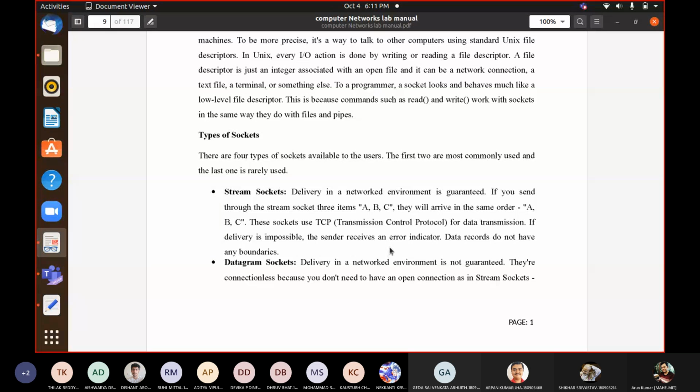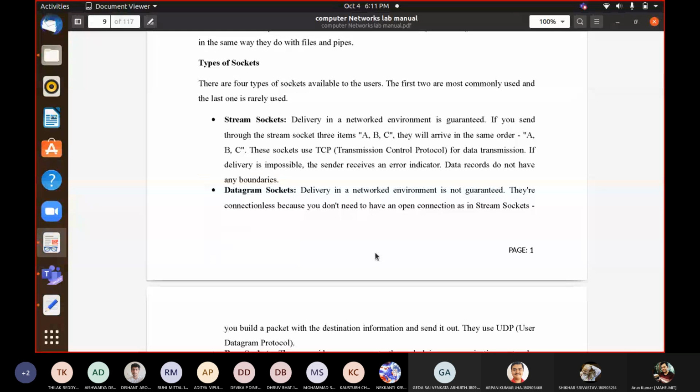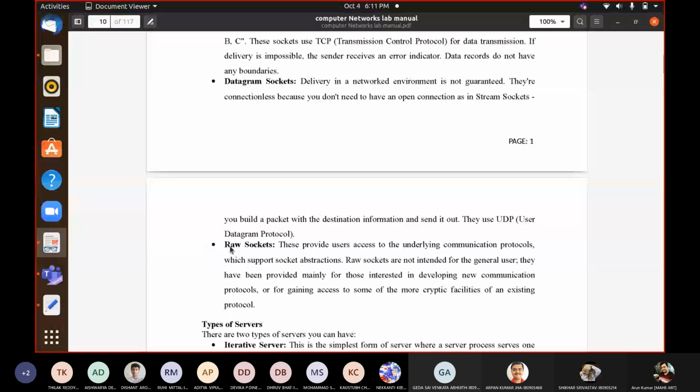socket. Now, apart from these two protocols, if you are interested in some protocol for research purposes at the transport layer, and you come up with your own transport layer protocol, then the sockets you create are called raw sockets. This is for your research purposes. For such a socket, you have to mention it as a raw socket. Then those sockets will operate based on how you design your transport layer protocol.